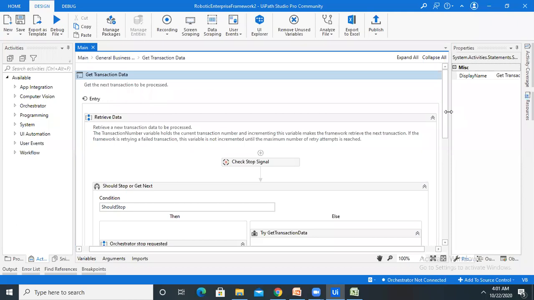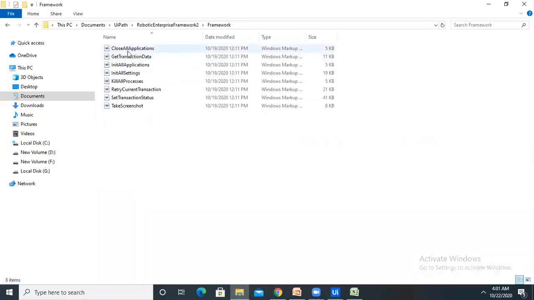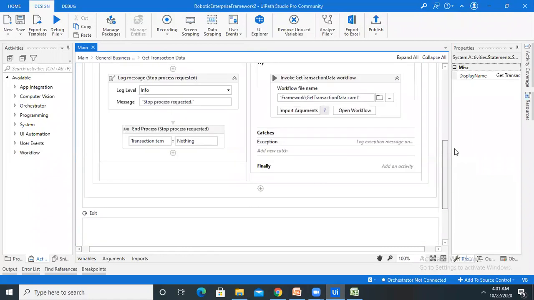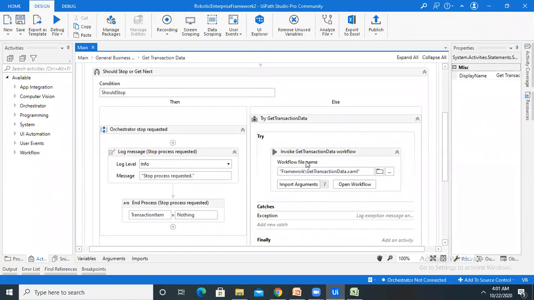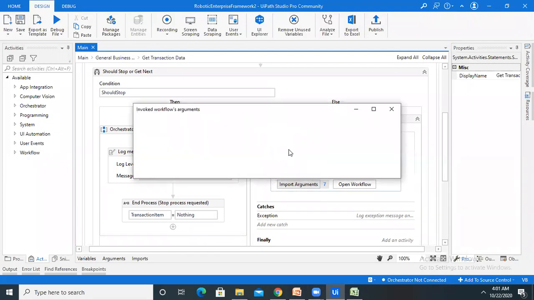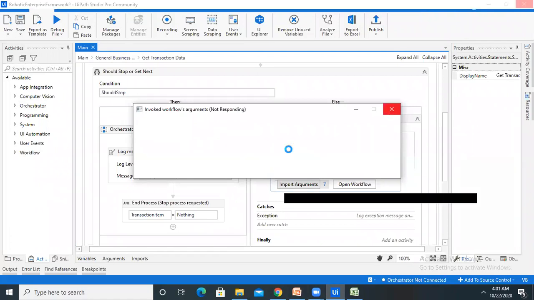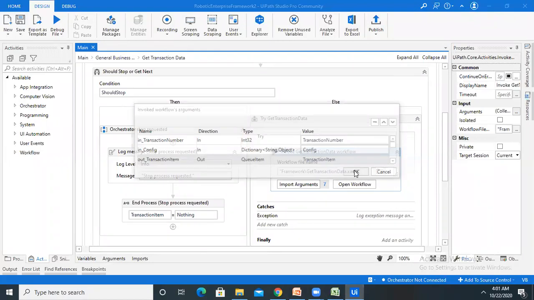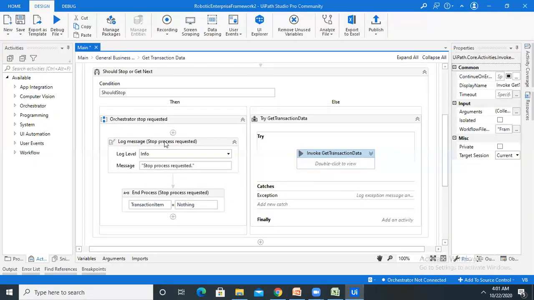If there is no more item to process, the bot is then going to end the process and close all the applications. As you can see here in the framework, close all applications is mentioned here. So if after execution of this step you want to close all your applications, it is already defined here, or you can invoke your close activity here. Once you click on this process as well, you will find different invoke activities available here, which are already used. So these are already defined. So let me expand this.